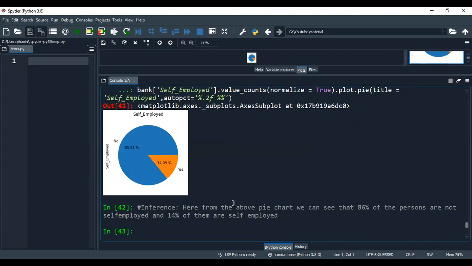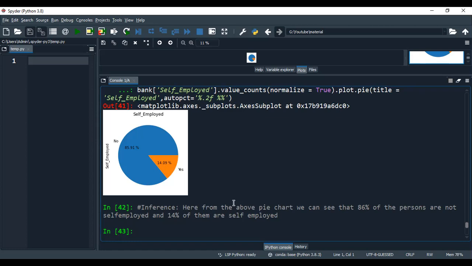Here we are doing it for each and every categorical column separately, the bar plot as well as the pie plot. Maybe in the near future, I'll be releasing a video where you can find the bar plots and pie plots of all the categorical columns at a stretch.